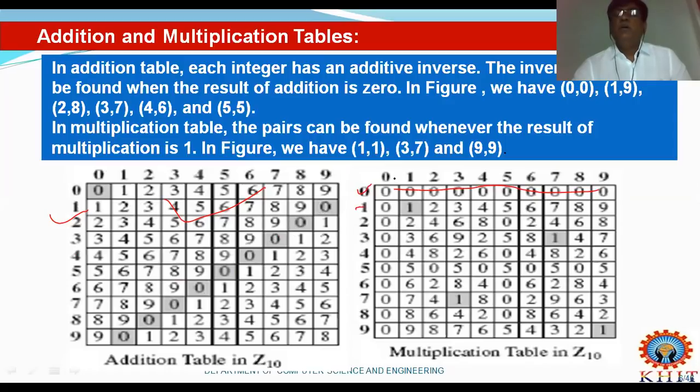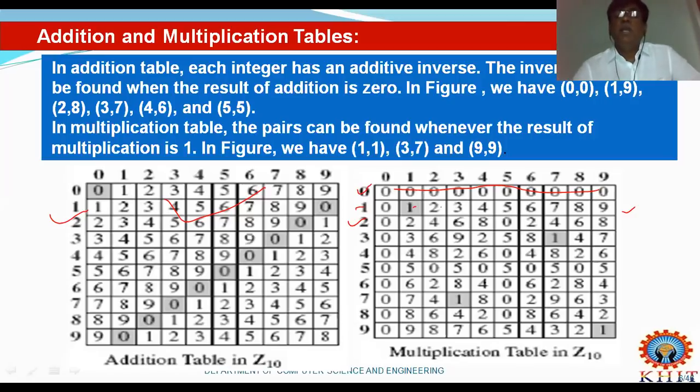1 is multiplied with all of 0, 1, 2, 3, 4. We are getting 1 into 0 is 0, 1 into 1 is 1, 1 into 2 is 2, 3, 4, up to 9. Next, come to row number 2. Multiply this 2 with all of 0, 1, 2, 3, 4, 5, then we are getting these values. For 3, we are getting these values. For 4, like that. If you observe this, if any number has a multiplicative inverse, then whenever it is multiplied with its multiplicative inverse, the remainder value in the modulus should be 1.